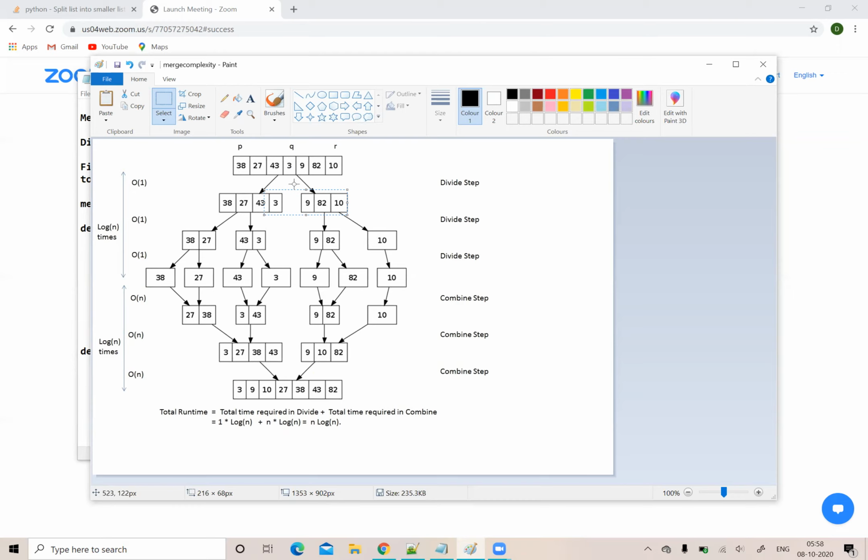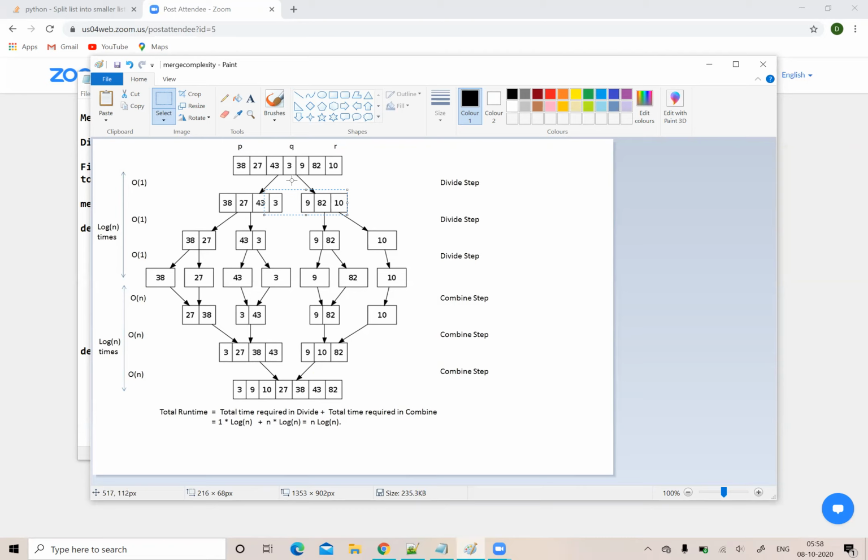The very first step, we are going to divide the array into two halves, that is the left half and the right half, based on the mid position. So in this case, you get the mid position as 0 plus 6 by 2, where 0 is the starting index. Since there are 7 elements, 0 plus 6 by 2 gives me 3. 3 is the mid position.